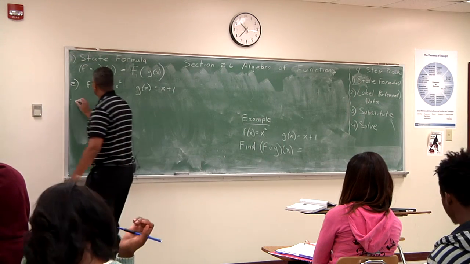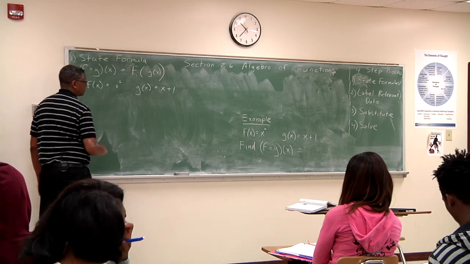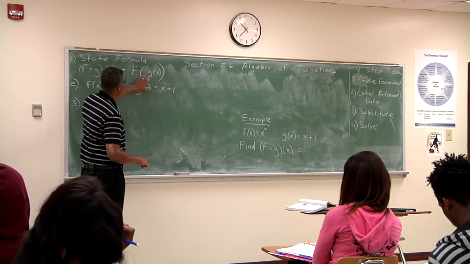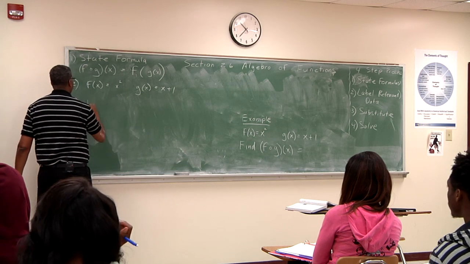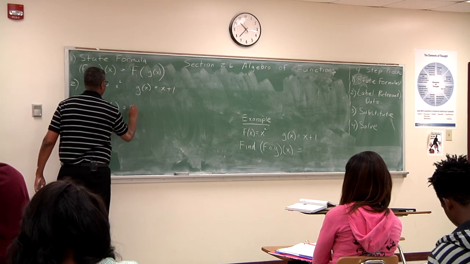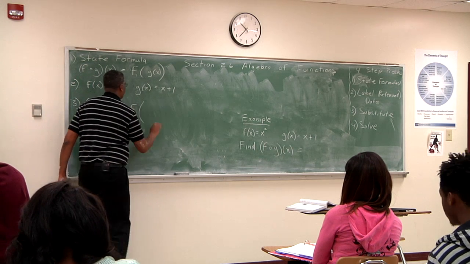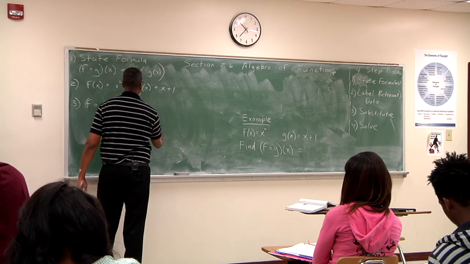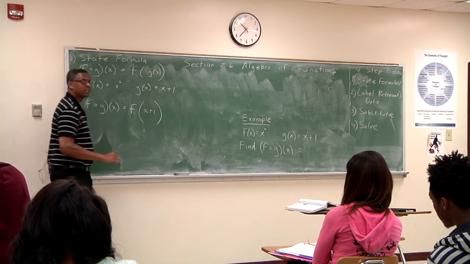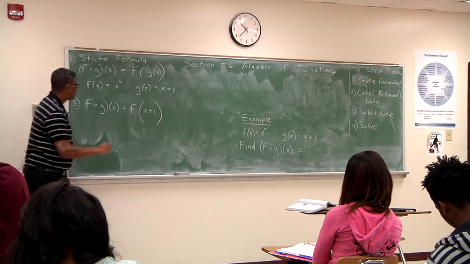The next thing we're going to do is substitute what we labeled into the original formula. So that's going to be f compose g of x, which is f of g of x. Well, what's g of x? g of x is what? x plus 1 by substitution. Is everybody clear on that? And then,